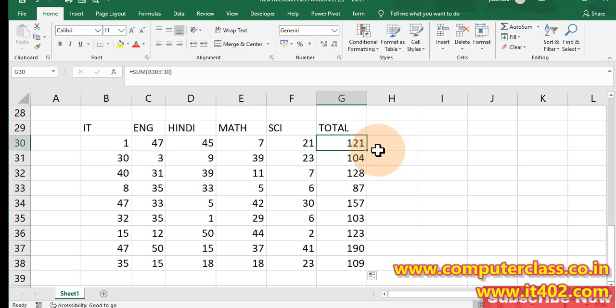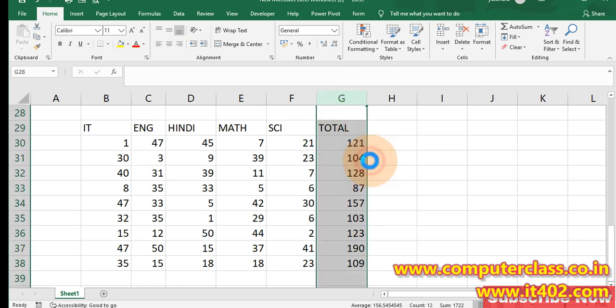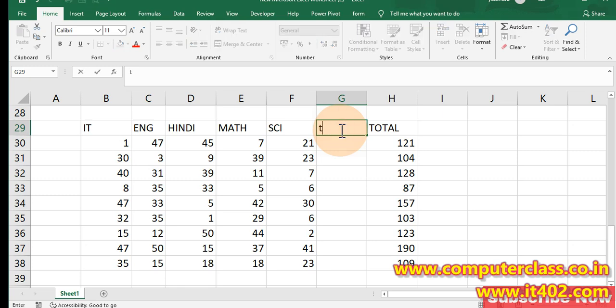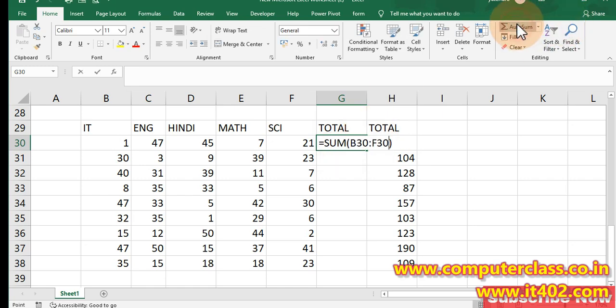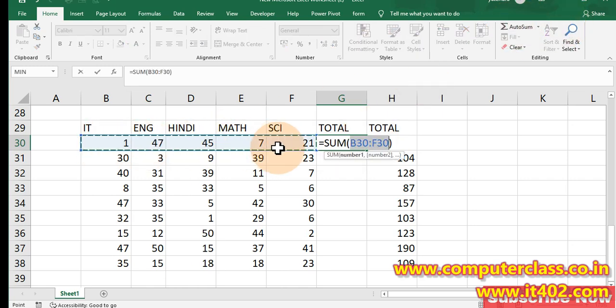In the end, I'm leaving you with one last option, the sigma AutoSum option in the Home tab. If we use this, we don't need to do anything. I'm putting a new column here called Total. If I click here and directly click the AutoSum option, it automatically takes the range.